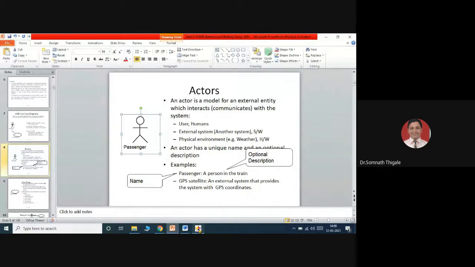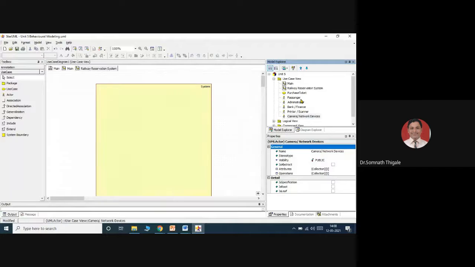So in case of a railway reservation system, I said that the passenger will use it, and the administrator, meaning those who are going to schedule the trains. Next is the bank, financial, for payment purposes, because I will consider that the system is already developed. So I will use the system as it is.